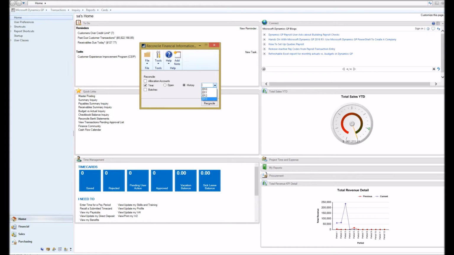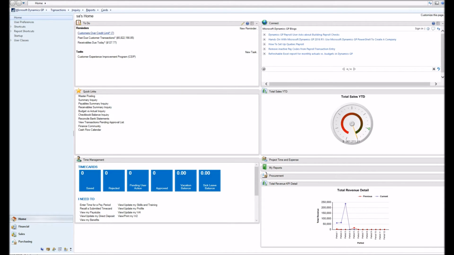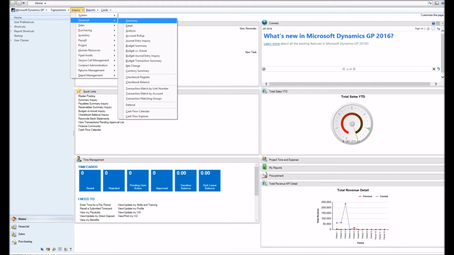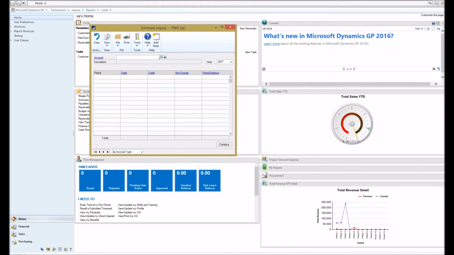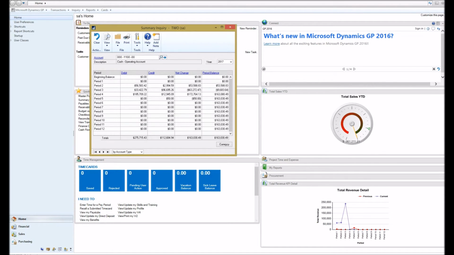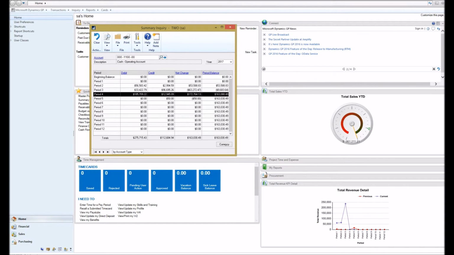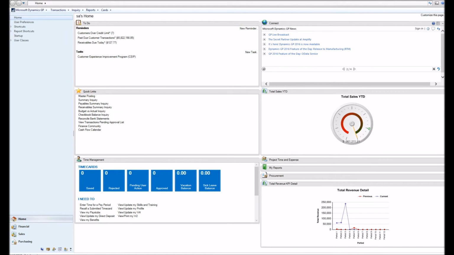Let's do it for open year 2017. Okay, so when we're done with Reconcile, you can see the summaries for accounts. Let's take a look at year 2017. And now you see the summaries for accounts. These are coming from summary tables. Now let's do similar in, let's say, accounts payable,